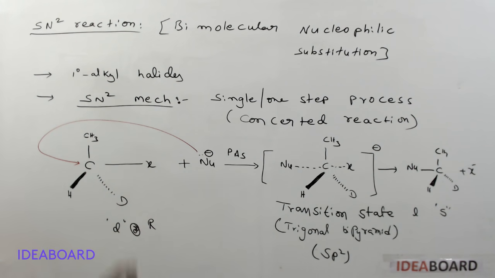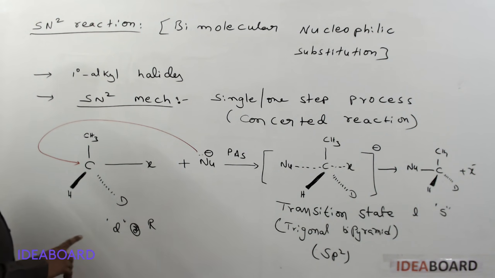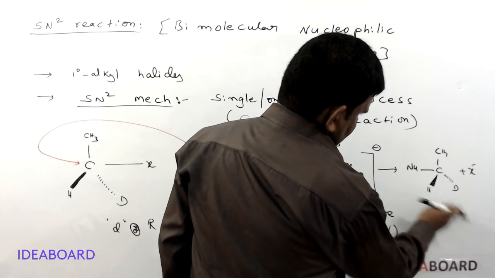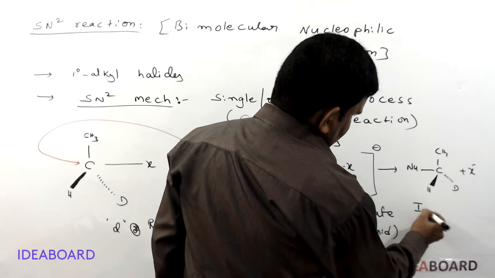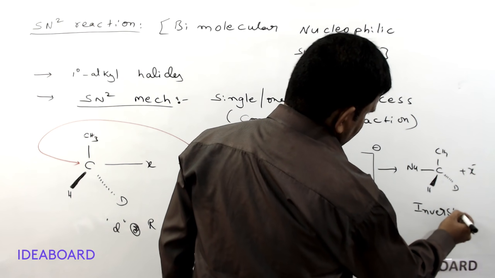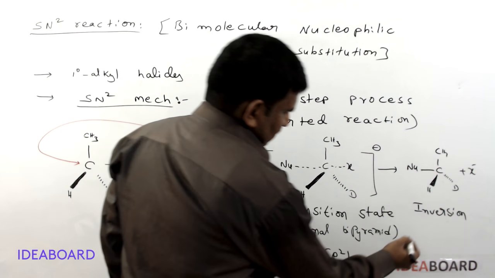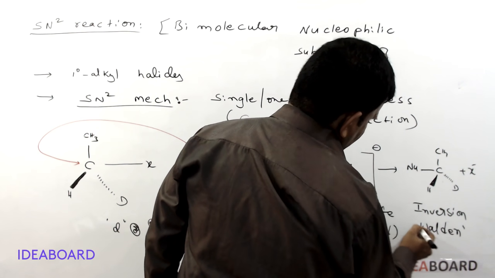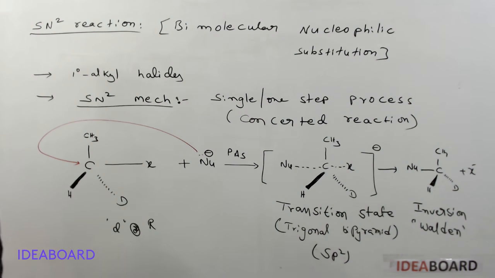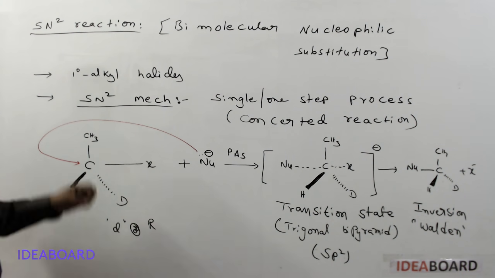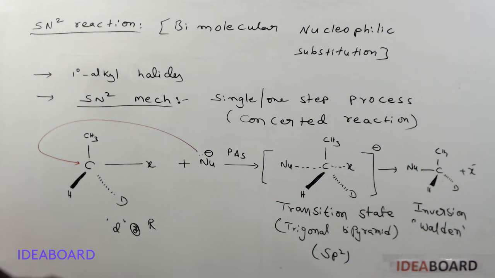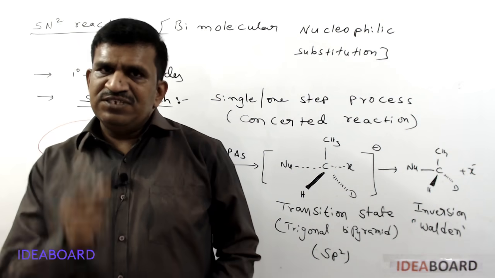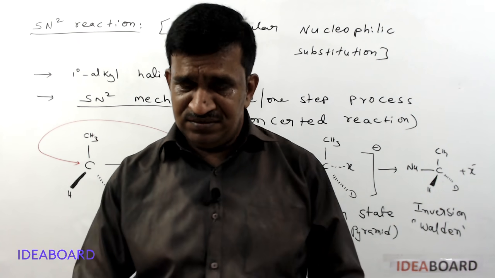They have a different orientation of bonds, and so what type of product we are getting? Finally I'm writing here, this is an inversion product that is formed clearly, and this was first observed by the scientist Walden. So this is called Walden inversion. Walden inversion product is formed in the SN2 mechanism. So the stereochemistry of the SN2 mechanism, if you are taking, it is a stereospecific and stereoselective reaction.